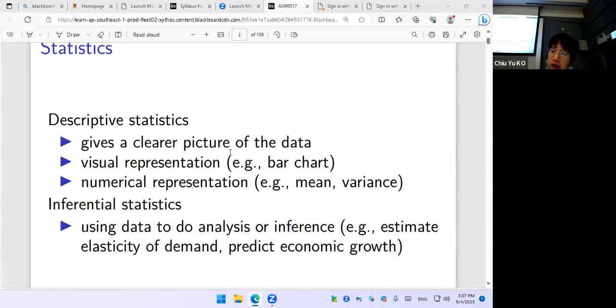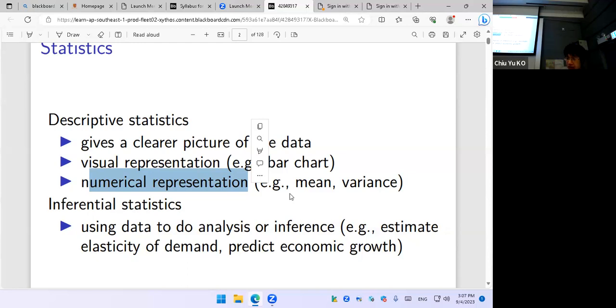I think you learned from high school how to present things, so I assume you're able to do things like bar chart, pie chart, histogram, pictogram. It's not something we will talk about. What we cover today is the numerical representation: mean, variance, kurtosis, skewness, the correlation coefficient, all these numbers. Nevertheless, I'm pretty sure many of you know most of them, but I just want to make sure everyone is in the same place in the first class, so it makes it easier.